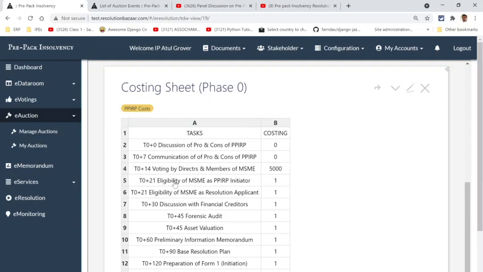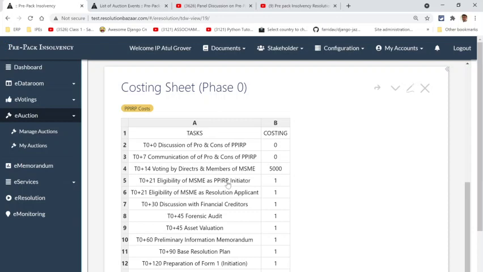Then we have to check for eligibility of the MSME as an initiator or as a resolution applicant. Essentially at this stage, we need to go to some advisor to ensure that we are in place, as well as that the resolution applicant is 29A compliant, and 29A really depends upon how many applicants there are.